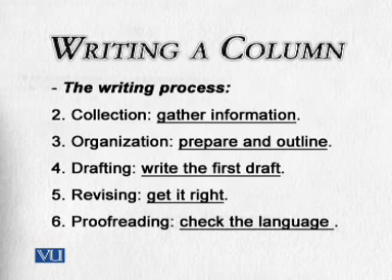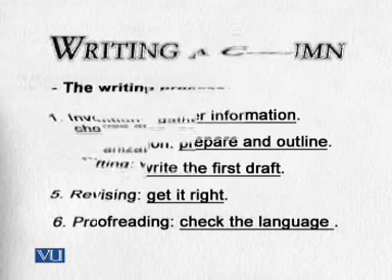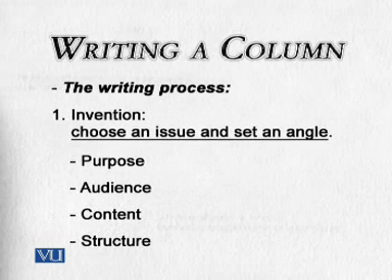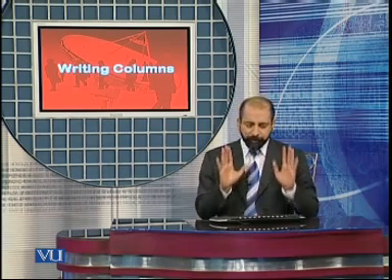But here for column writing, the first step is very important. That is, of course, invention. Invention means, in this step, you invent what you're going to write about, actually. Here, you're going to choose a topic, and you are going to assign it an angle. Choosing a topic, of course, you know that the topic is the one which is narrowed down to its best form, which I again gave you an example of in my last class also. So narrow down your topic and then give it an angle.